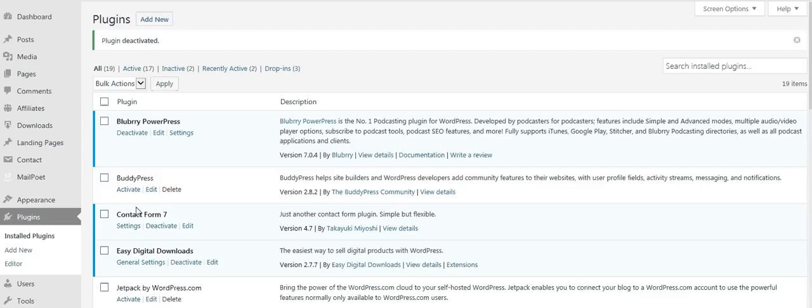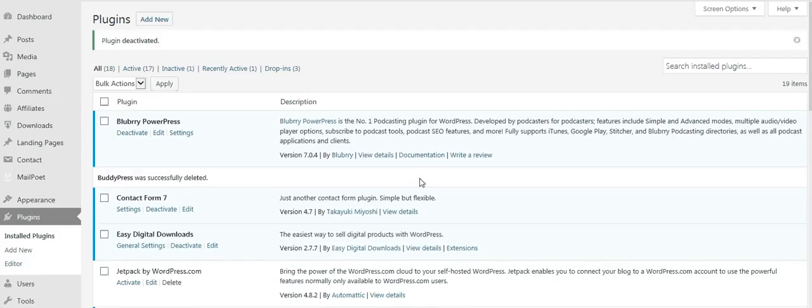Now, if you want to delete, in closing, an actual plugin, you would just deactivate this like I just did, and then just click delete, click this, and then it deletes it. Now, if you have a cache plugin,